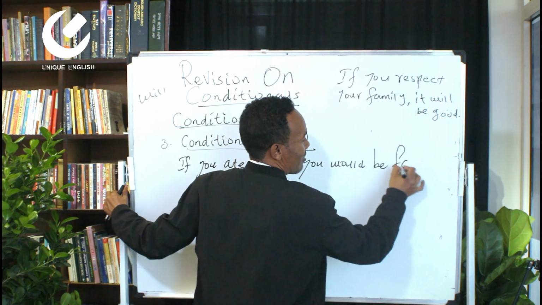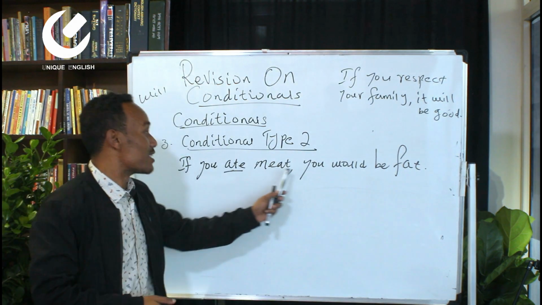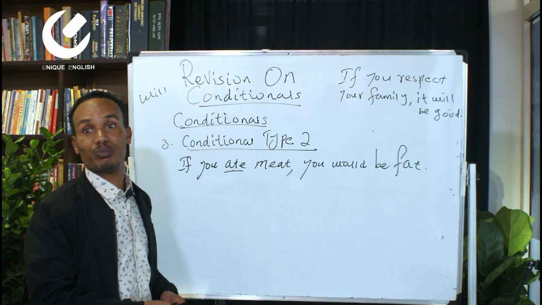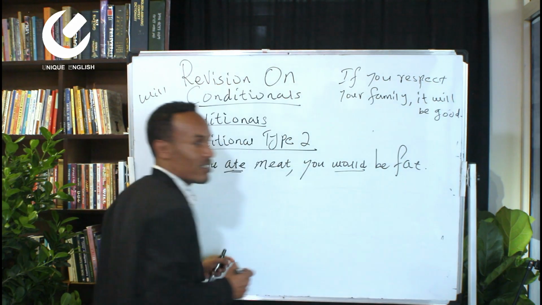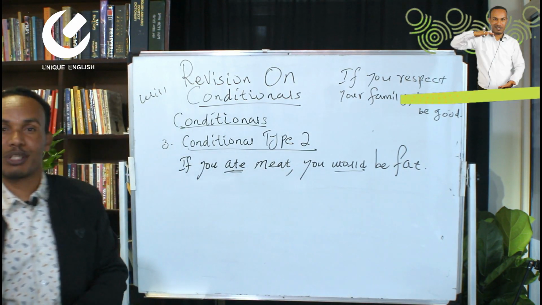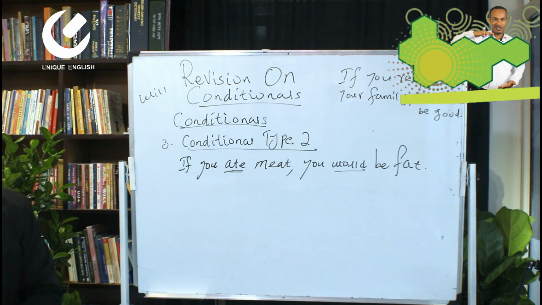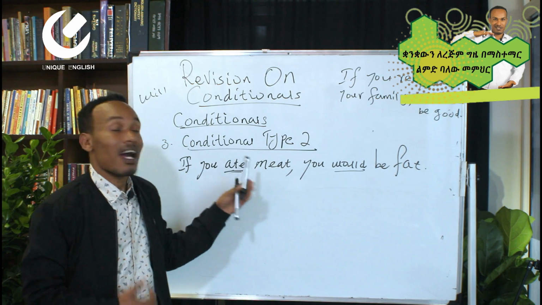If you ate meat you would be fat. If you ate meat, ate is the past tense of what? Ashu? Yes, past tense. Would is the past tense of what? Will. ስለዚህ ስጋ ብትበላ ኖሮ ወፍራም ትሆን ነበር ማለት ነው? ስጋ ትበላም እንጂ ብትበላ ወፍራም ትሆን ነበር ማለት ነው? የትኛው ነው ትክክለኛ? The second one is right. ስጋ አትበላም እንጂ